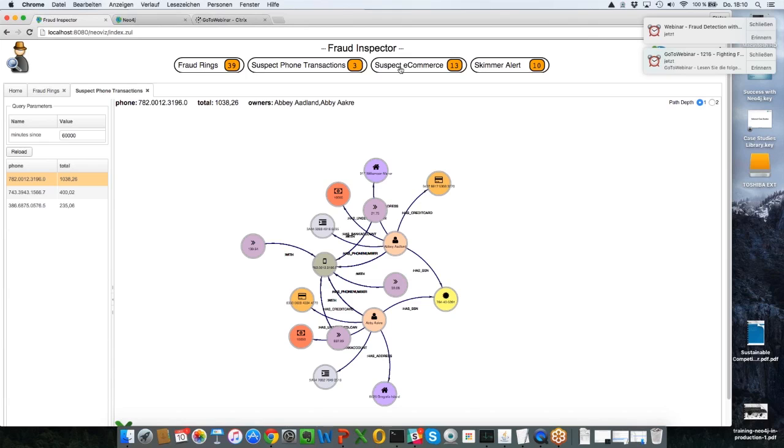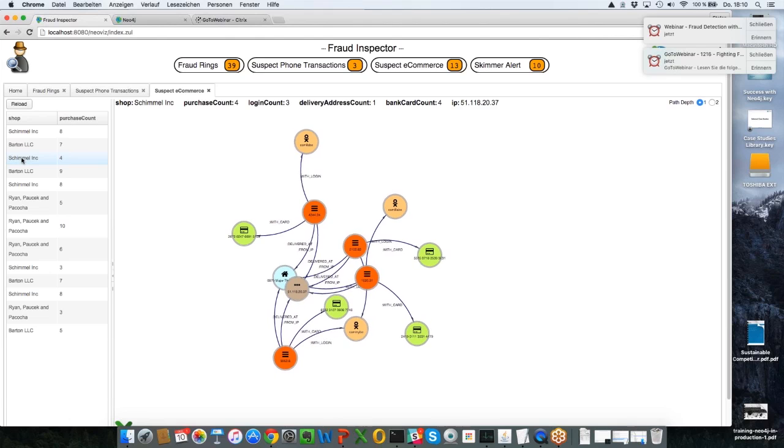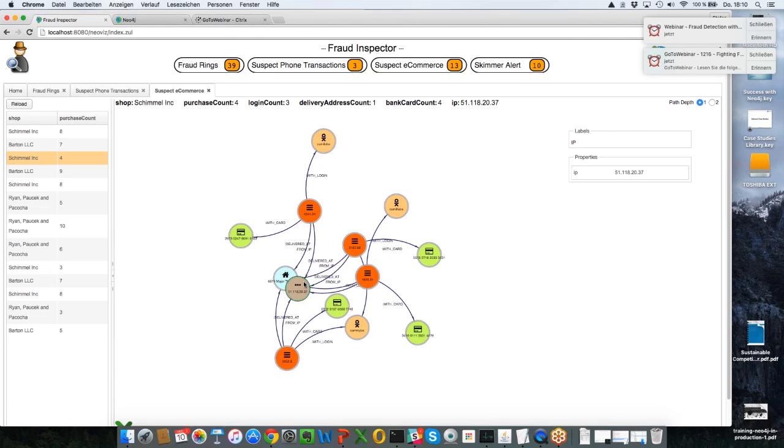As a third use case, as said before, this would be suspicious e-commerce. So we see here as an example a shop. Let's take this one, right? In this shop, we see that 4 purchases have been done. So this is basically the IP address where all the purchases have been done. We see two logins, right? And we see all in all 4 purchases, right? Done by multiple credit cards. So that's a bank card, that's a bank card, that's one, right? And these are various